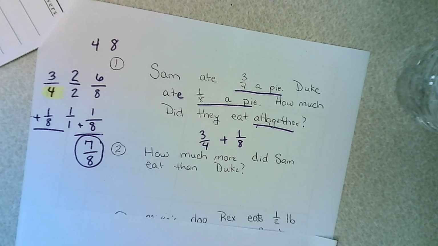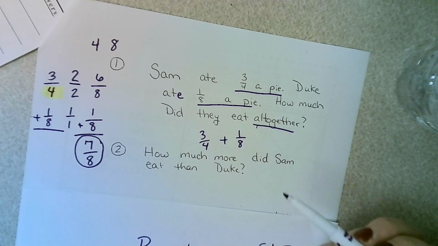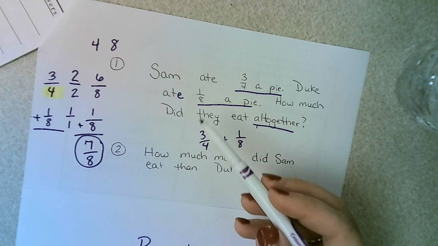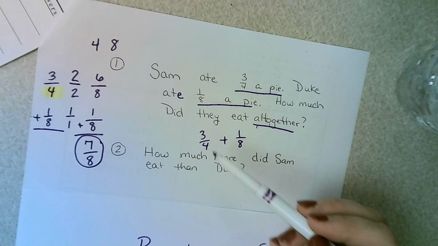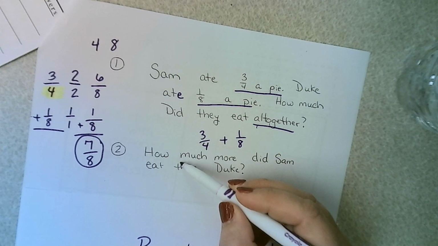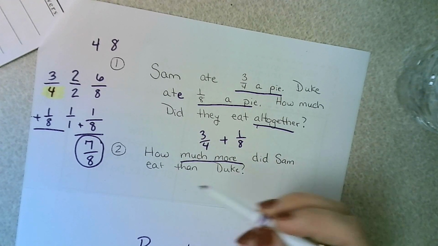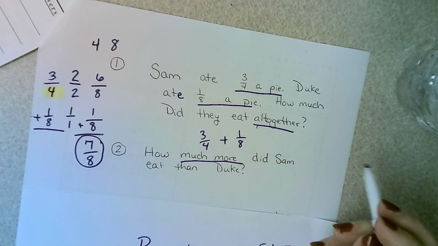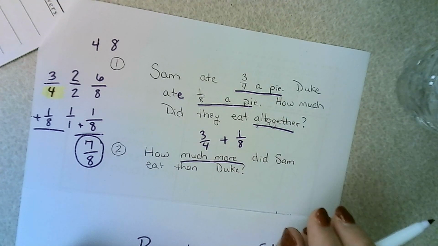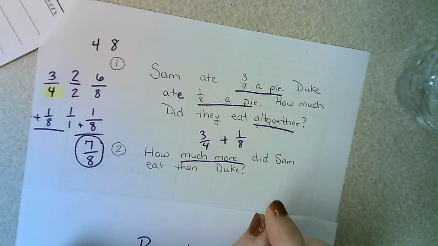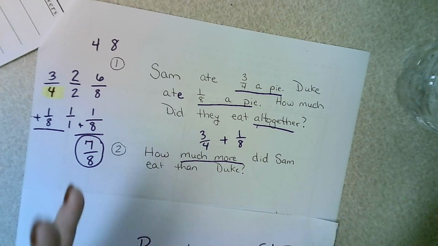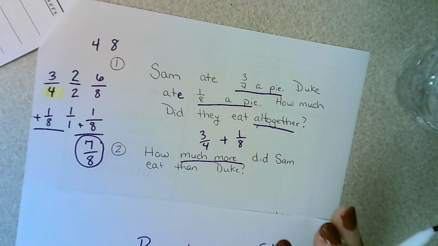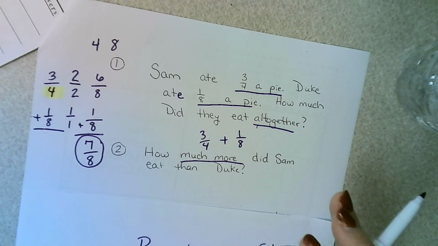Now, part 2 is kind of like a part B of number 1. How much more did Sam eat than Duke? So we're still taking these numbers, and you're saying how much more? Now, when you think of fractions, you're going to answer that wrong, because you think more means one process. But let's say,